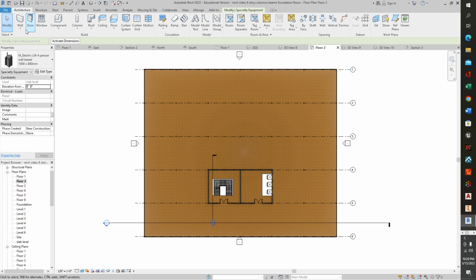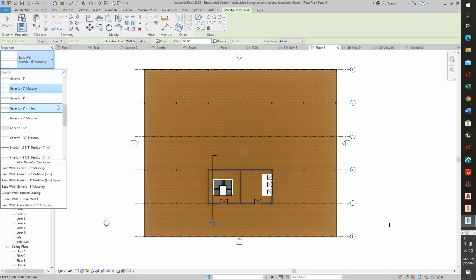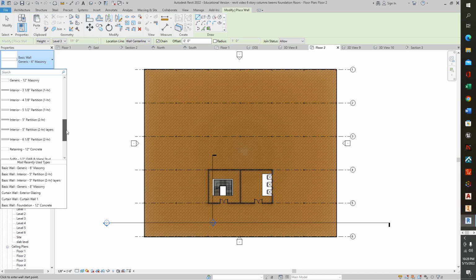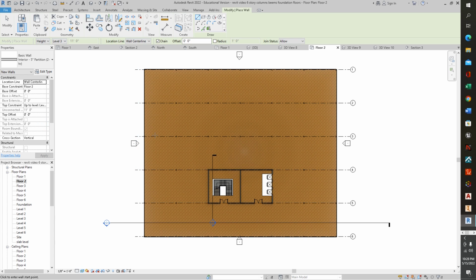We'll go into our architecture, grab some walls, an architectural wall, and we would like to select, maybe we'll go with our 5-inch partition that we have in there. The basic, just a basic wall. And we've got under in the ribbon,